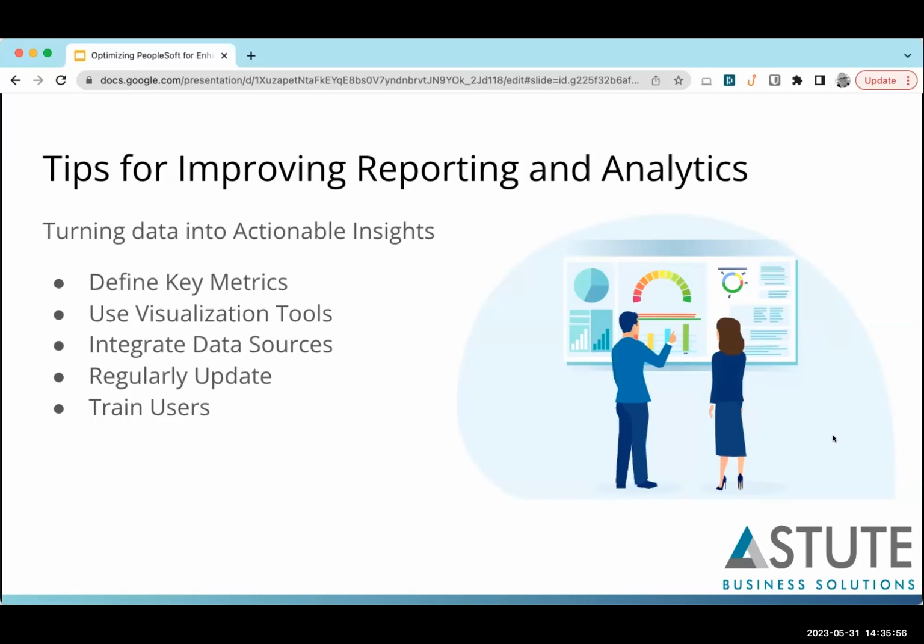And the great thing about modern PeopleSoft is that with Elastic, you could create indexes that can be updated by other systems that brings data in and makes it really simple for you to be able to create some really robust